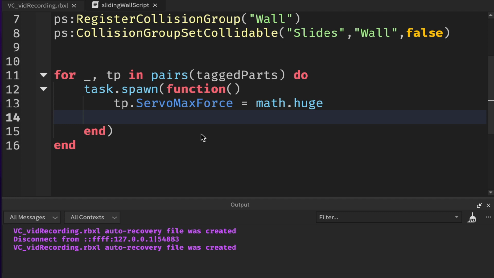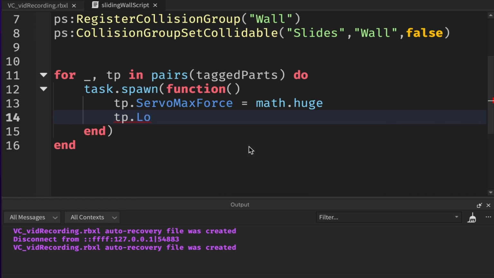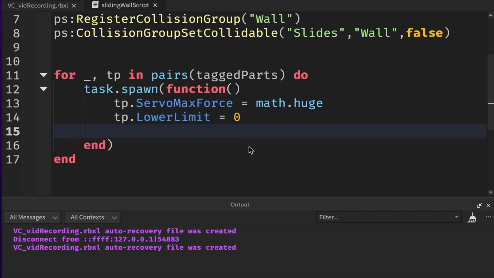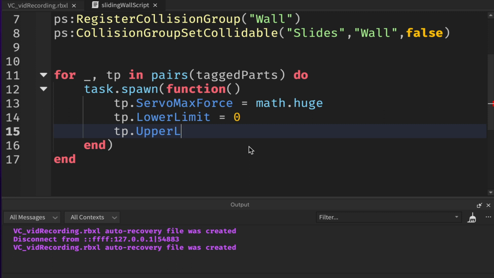And then just below this, we're going to make a bit of a change to these based on my testing, and we're going to change the lower limit. So we'll say TP.lowerLimit will be equal to 0. We'll say TP.upperLimit will be equal to 12,